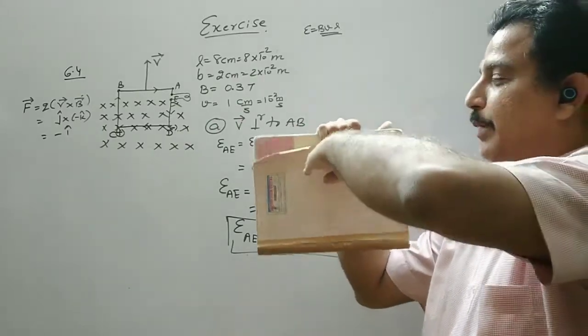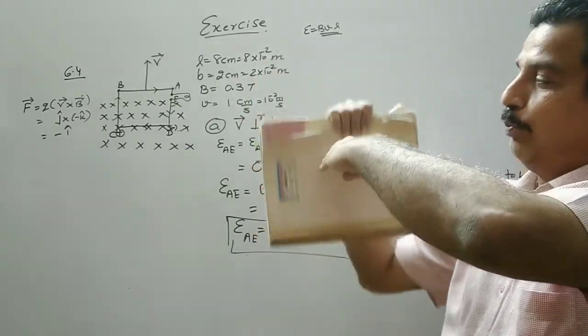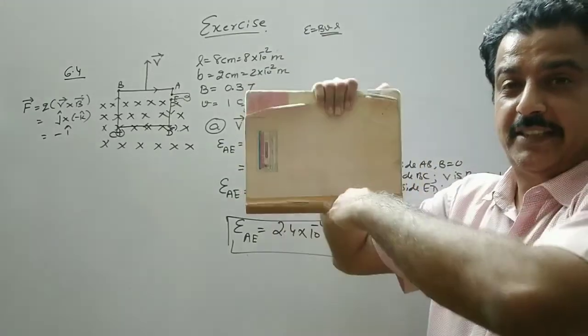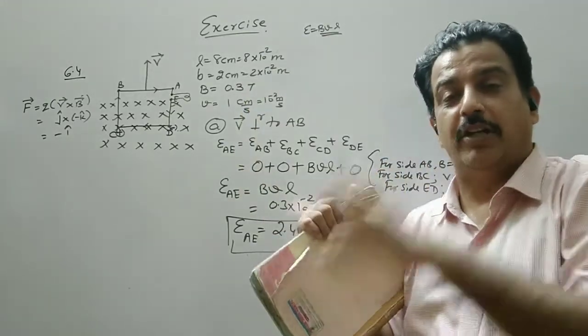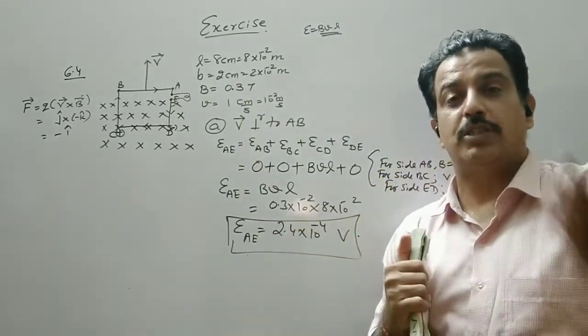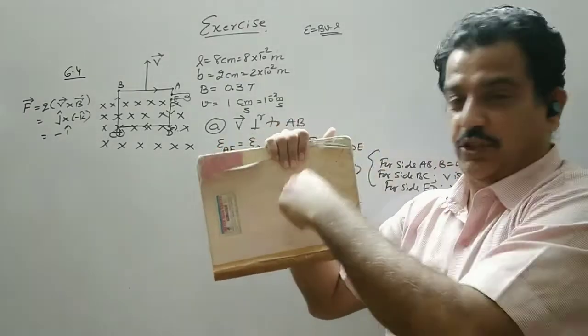Suppose these 4 fingers are passing through it. Now I am taking the loop outward, so the flux is decreasing. It does not want the flux to decrease. That is Lenz's law. It opposes the change. So more field lines should go in.